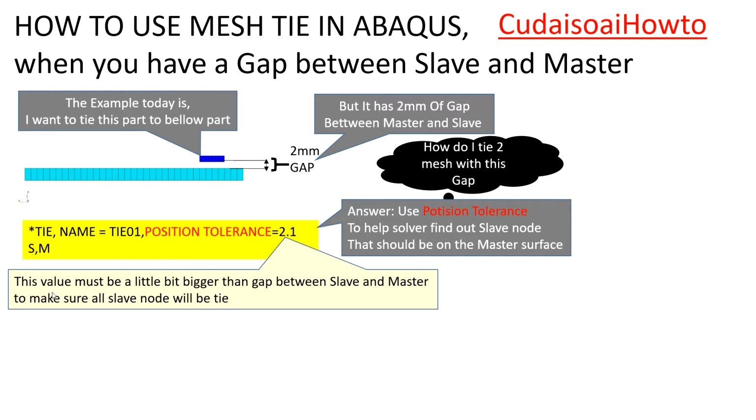But this value must be a little bit bigger than the gap between slave and master to make sure all the slave will be tied on master surface,